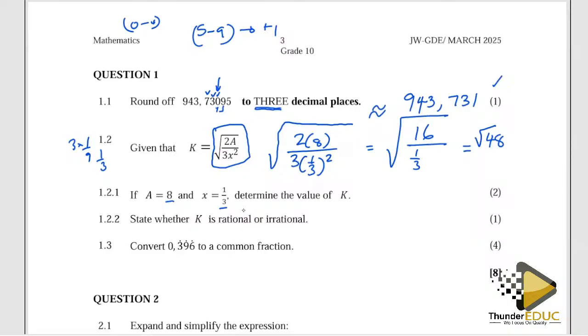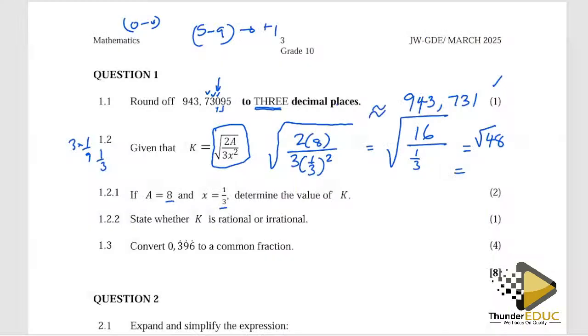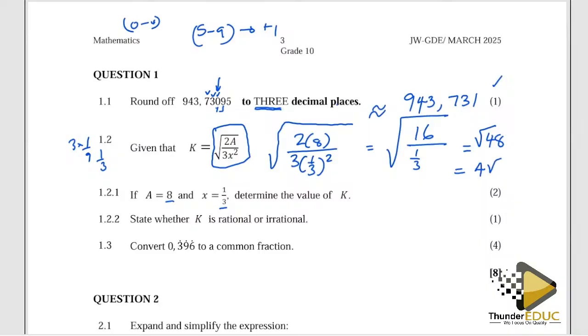From there, feel free to punch this in the calculator and get the answer, because there is no restriction to this question. They never said whether we must not use a calculator or whether we should. If you punch this in the calculator, you should get an answer of 4√3. We prefer to have it in surd form, as the question didn't tell us which format. Or if you want to leave it as a decimal, then it should be 6,93. All right, then